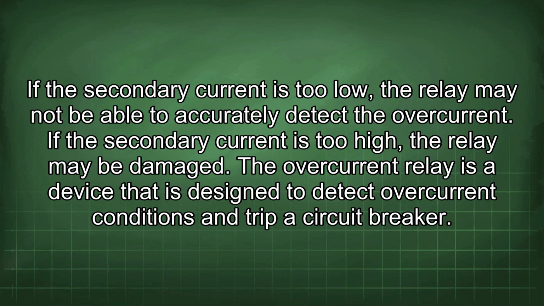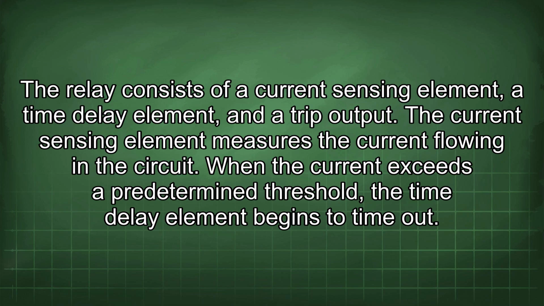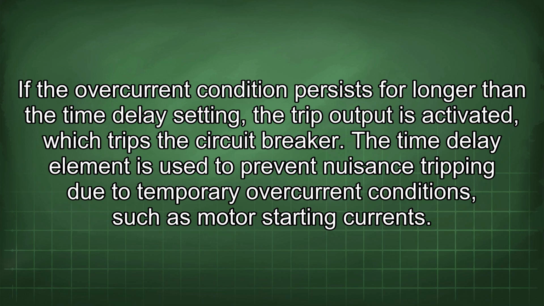The overcurrent relay is a device that is designed to detect overcurrent conditions and trip a circuit breaker. The relay consists of a current sensing element, a time delay element, and a trip output. The current sensing element measures the current flowing in the circuit. When the current exceeds a predetermined threshold, the time delay element begins to time out. If the overcurrent condition persists for longer than the time delay setting, the trip output is activated, which trips the